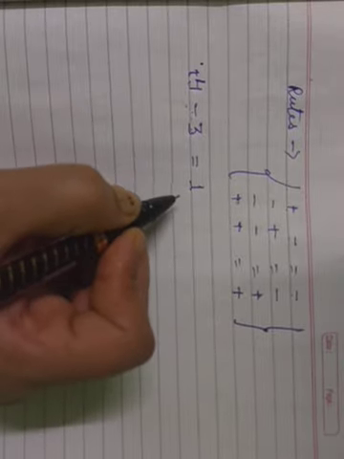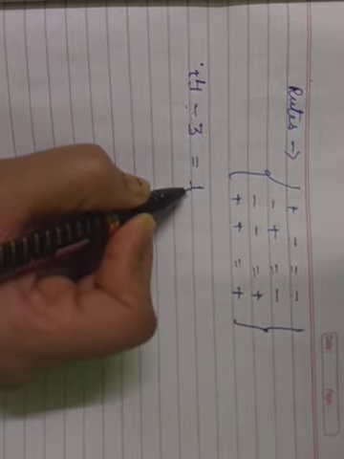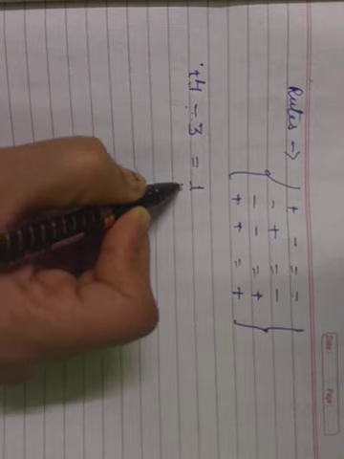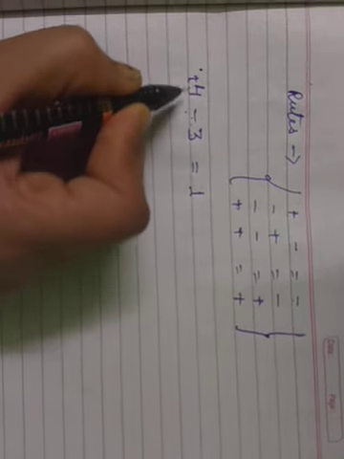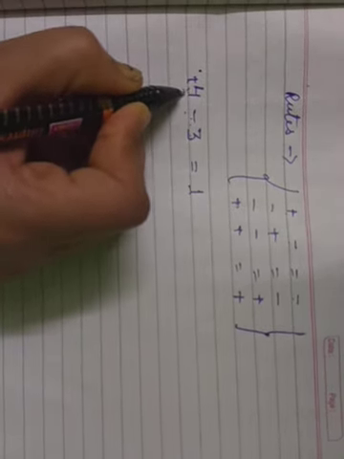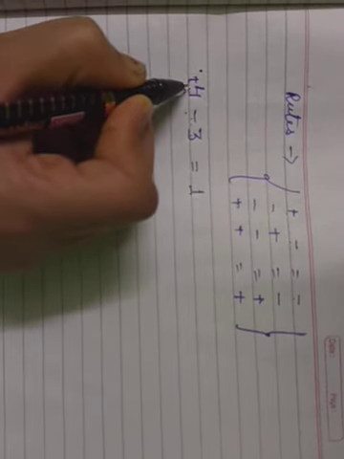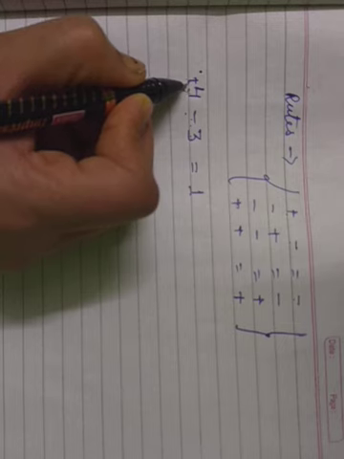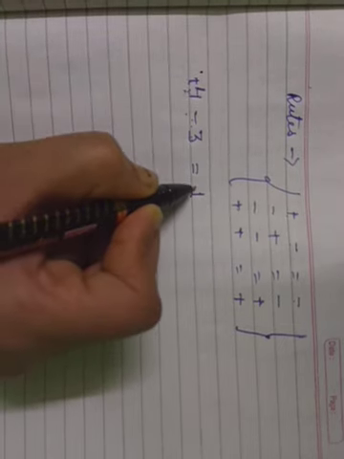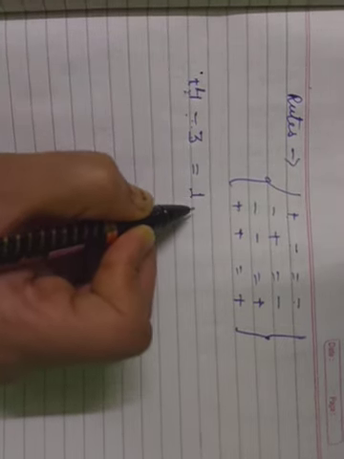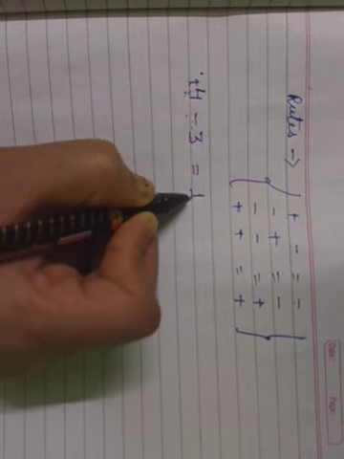Now again one question arises in your mind, is this one positive or negative? So see, the greater number is 4, so we always follow the sign of the greater number. The plus sign of the greater number is given, so here also it will be a plus sign, and the plus sign does not need to be written, that's why only 1.